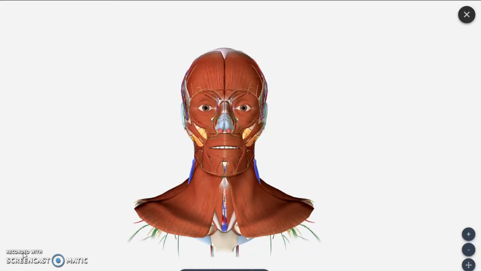Here we are going to discuss some important topics under the head and neck region. In this topic we will be covering some important topics, starting with the scalp, then we will be dealing with the face. In the face we are dealing with its muscles, vessels and nerves along with lymphatic drainage. Along with that we will be dealing with the neck region, and in the neck region we are going to see triangles